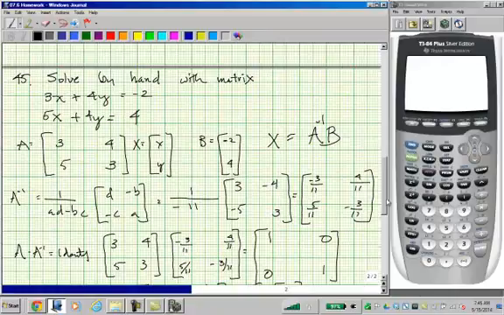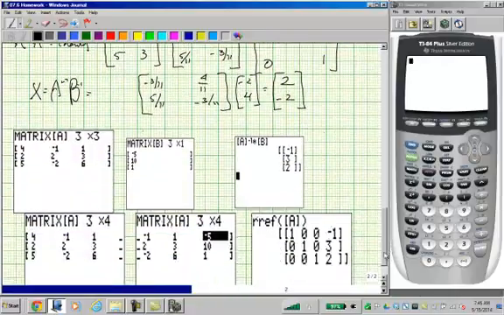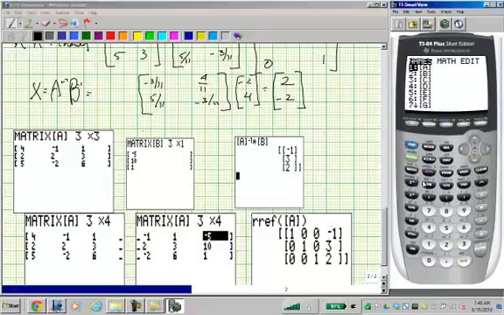Okay, and then the last problem is a 3 by 3 matrix and solving it by hand. I'm sorry, solving it with the calculator. So first I set up the matrix, the coefficients on the left, and here's the right side. Now, let me set up the matrix here. So I'll go to second and matrix. I go to edit and A, and I'll make it 3 by 3 and 4,